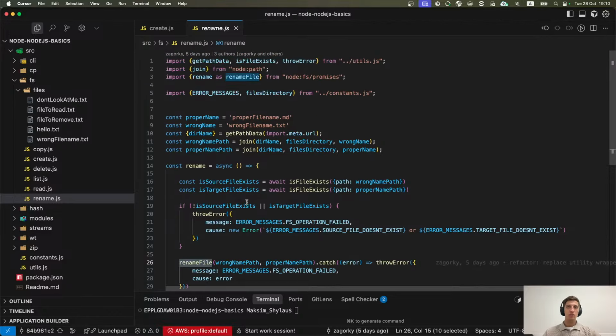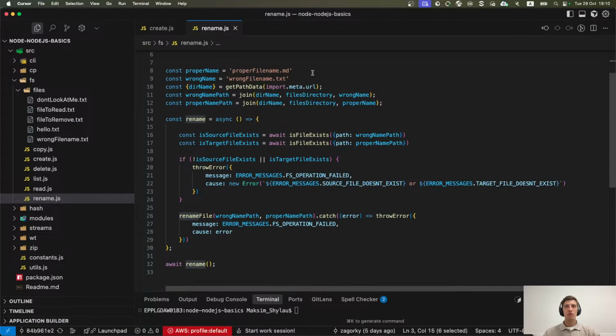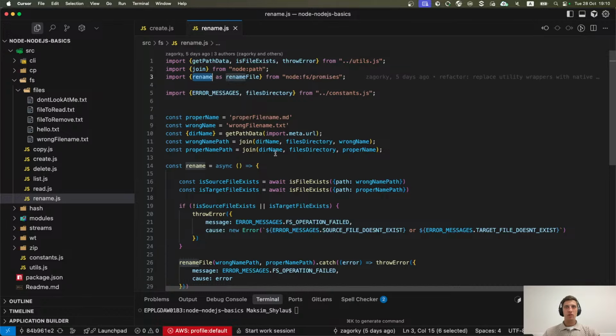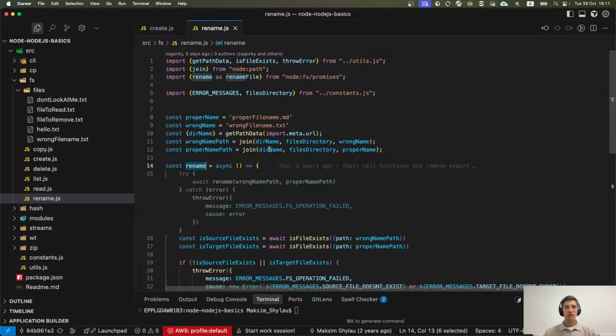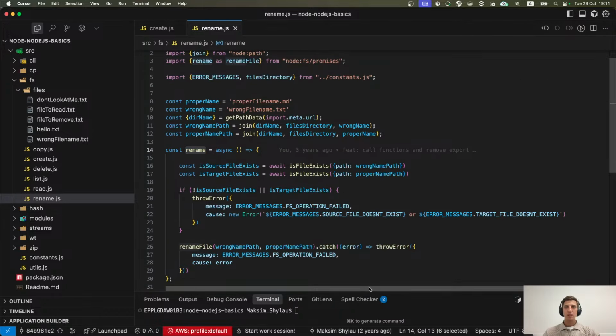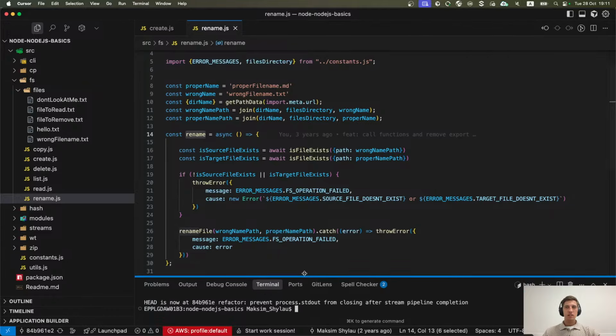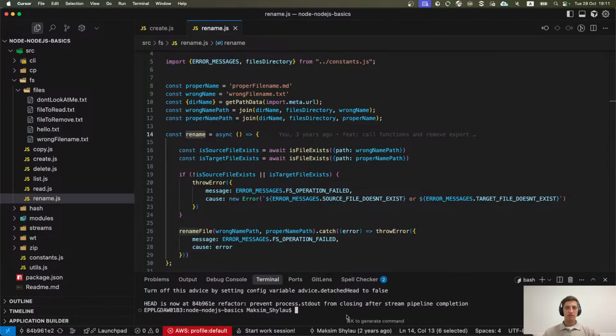Otherwise, we use rename file. I'm not sure why we need this. Okay, we import rename from the Node core module as rename file because we already have rename in the current scope. Good. In general, this is fine, but